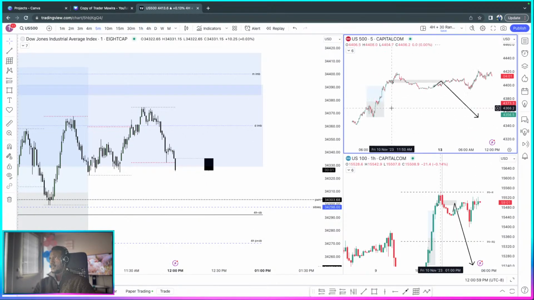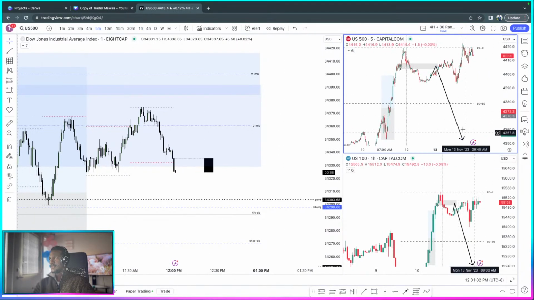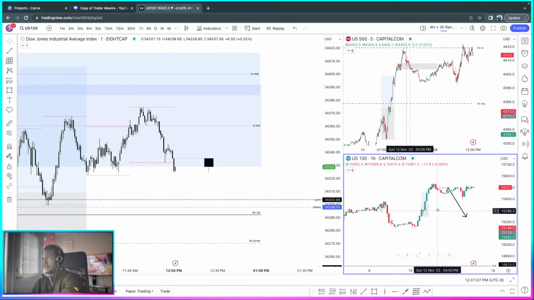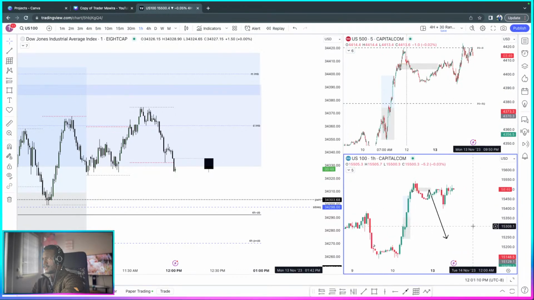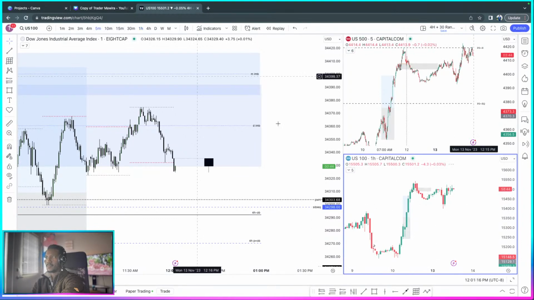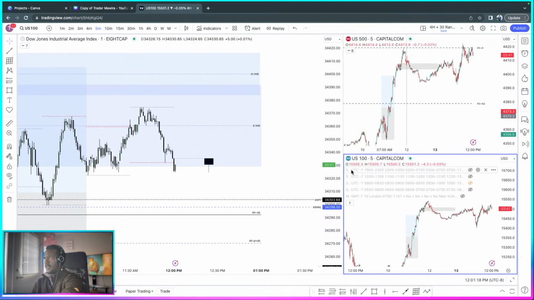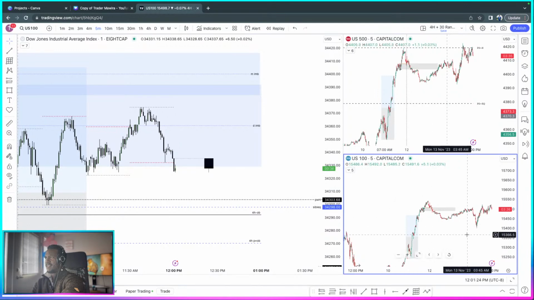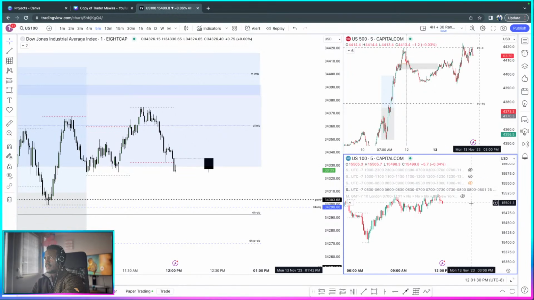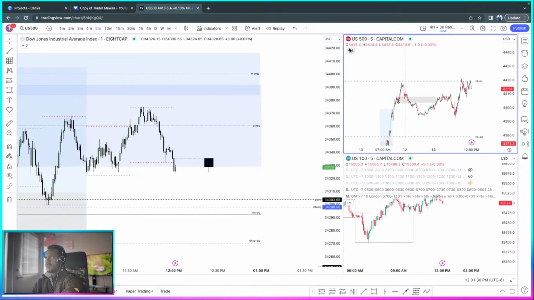5 minutes. So I was expecting that they would get here and then shoot down, but that's not what they did. So I was looking at this yesterday night, but that's not what they did. So for now, let's just see what they're up to. Why are you not showing me what levels I'd like to see? I'd like to see how they're dealing with the previous 4-hour range, and I think I can just have it like that. No, is it that one? I don't know. Like that. Yeah, that's good enough. Like that. Yep.